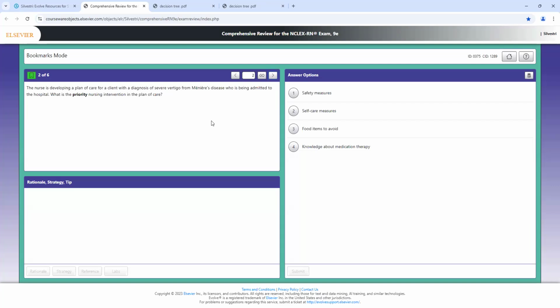...who is being admitted to the hospital. What is the priority nursing intervention in this plan of care? So back to our tree, we're going to identify the topic and we're going to identify the stem. Topic is Meniere's disease. Now, I don't know about you, but there's no way you can remember every diagnosis, symptom,